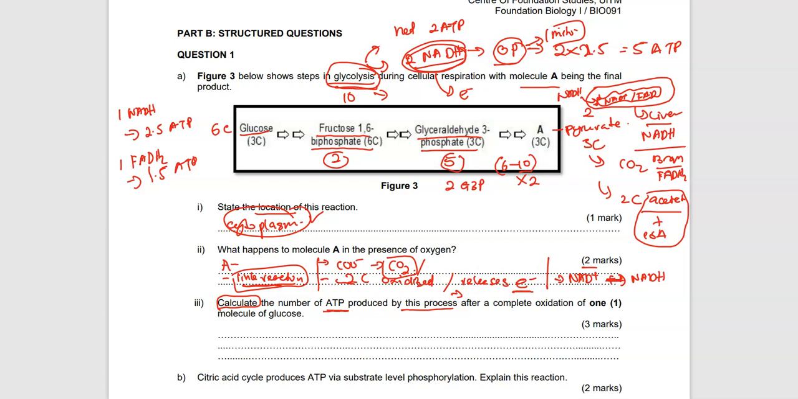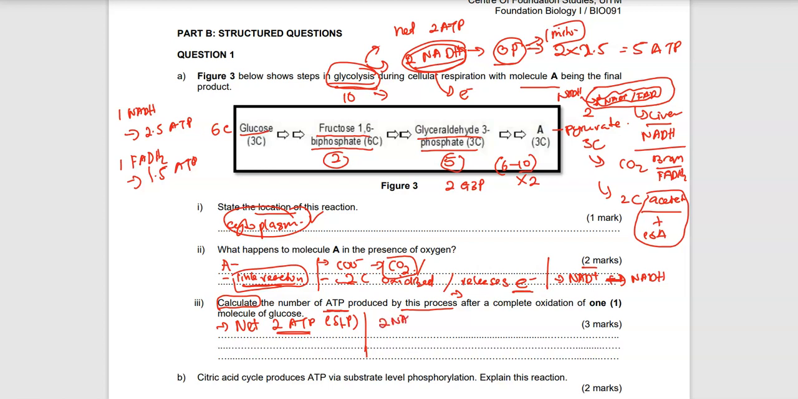For one point, you have to mention the net production of ATP during glycolysis is 2 ATP, through substrate level phosphorylation. Okay, so if we are considering this is a liver cell, in the liver cell,